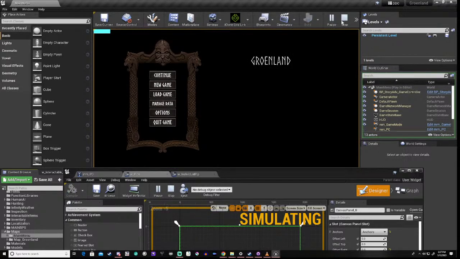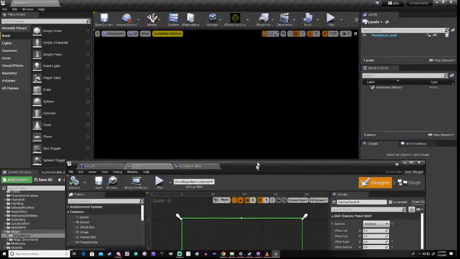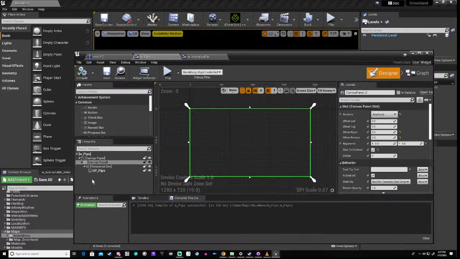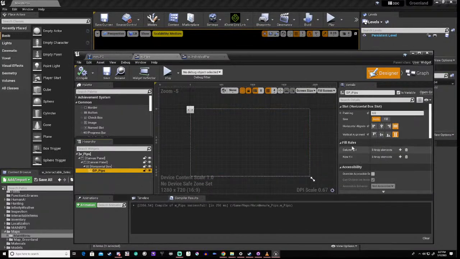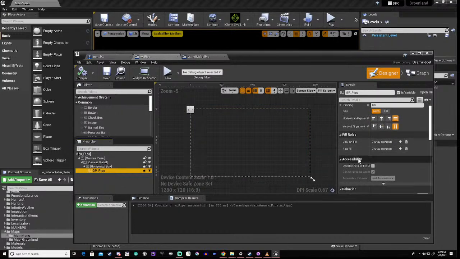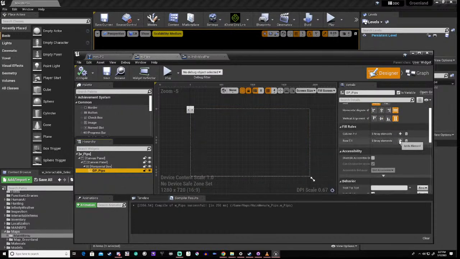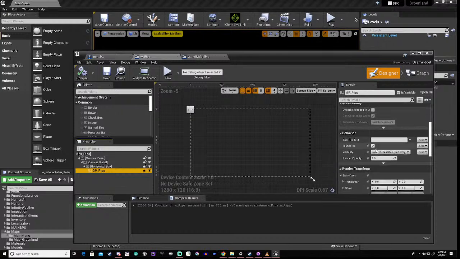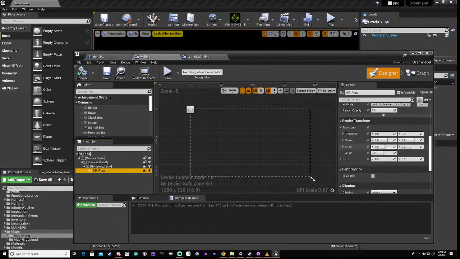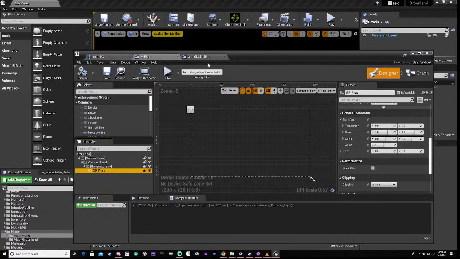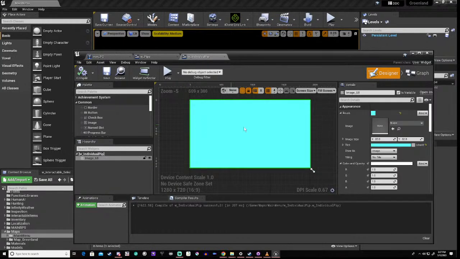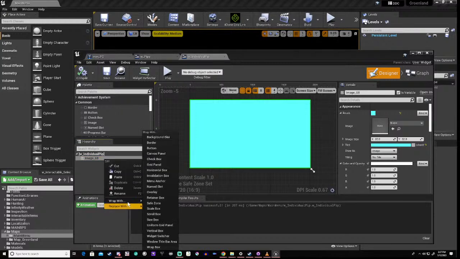Right, I think that we need a padding on this. I think it's drawing the 6, right? I think it's drawing the 6, but